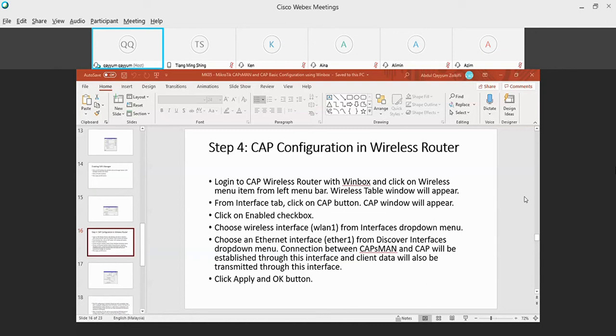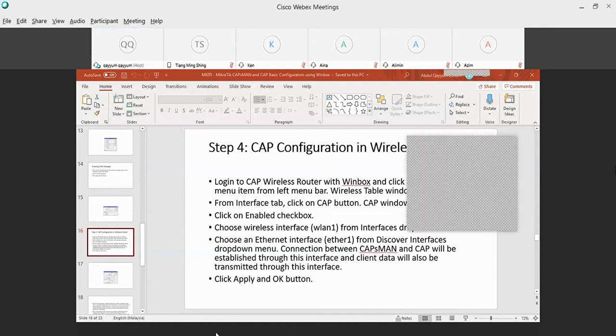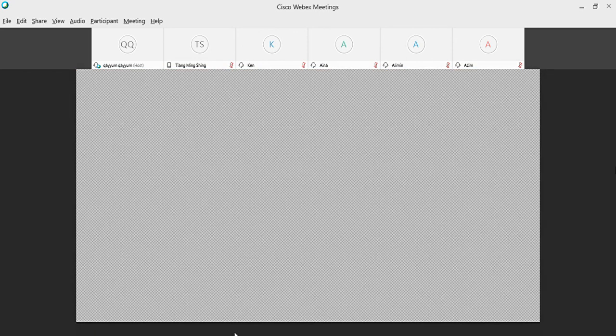Now I need to log into my CAP and enable the CAPs mode in my CAP.